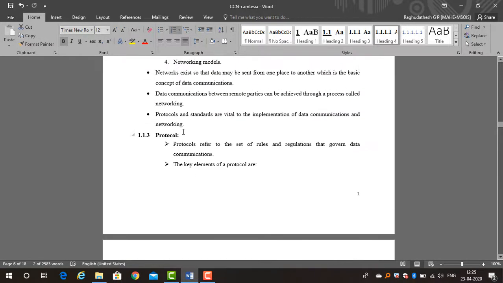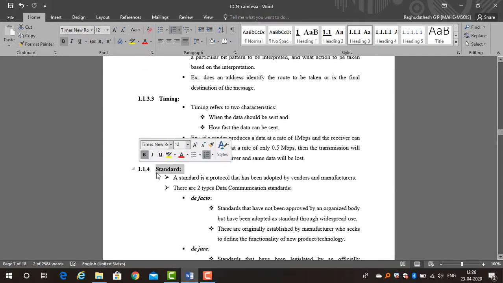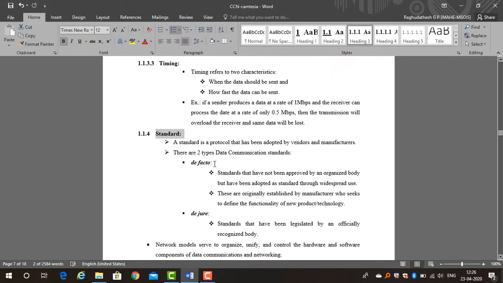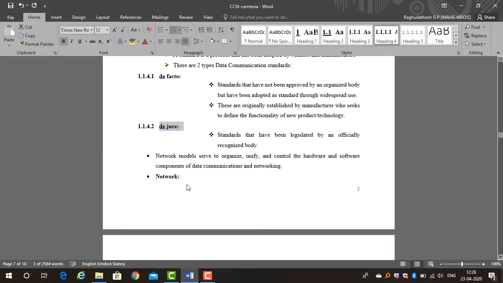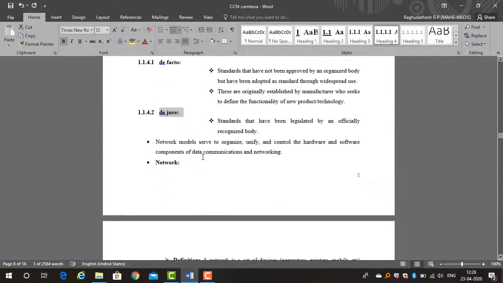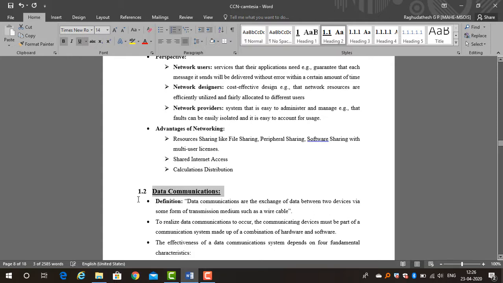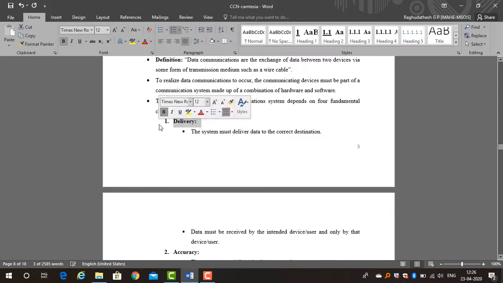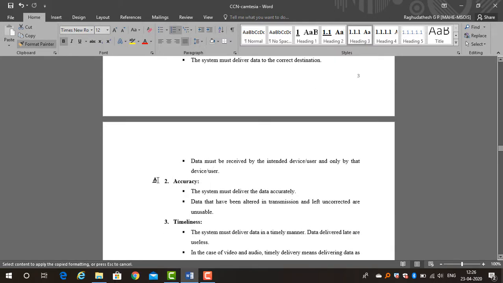So now protocol and standards are on the same line, so I will just brush it. So 1.1.4, here again this belongs to heading 4, and in 1.1.4 there are 4.1 and 4.2. So in this way, next, this is also a subsection. So directly I will click on heading 2, that is 1.2. These are third level of heading, 1.2.1, and I can brush it.